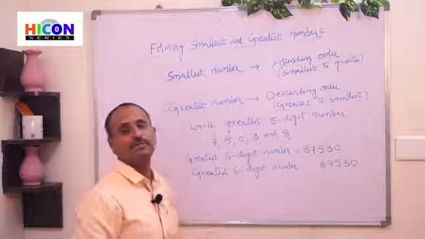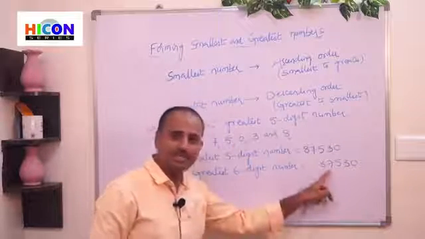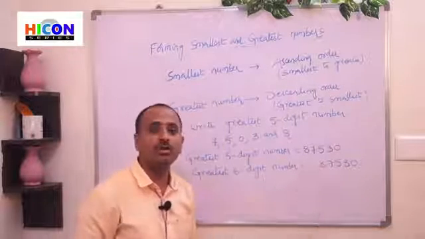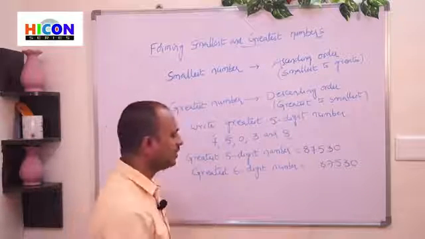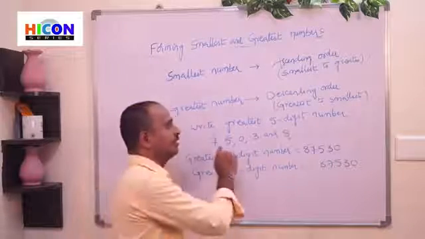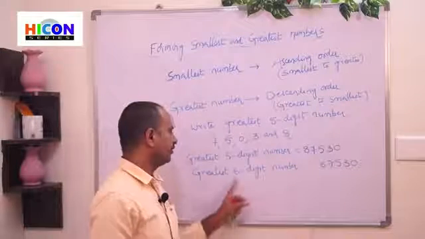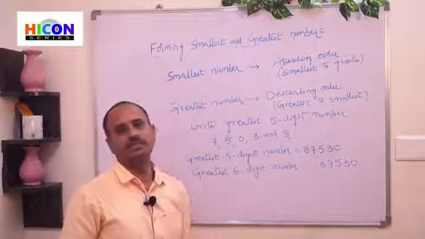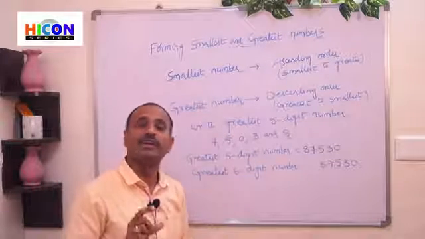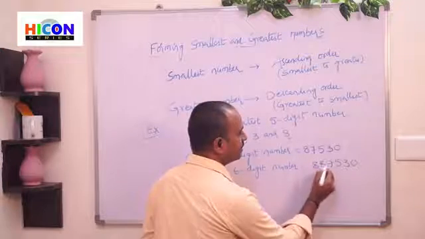So children, remember, there are only 5 digits, but we want the greatest 6-digit number. We have obtained the greatest 5-digit number. To write the greatest 6-digit number, repeat the greatest digit among the given digits as many times as we require. Here we require one more digit, so repeat the greatest one.